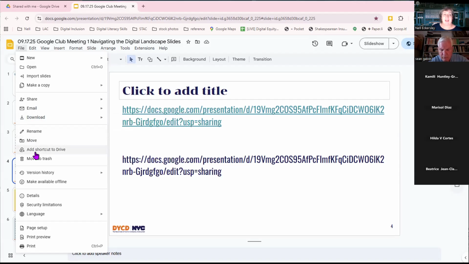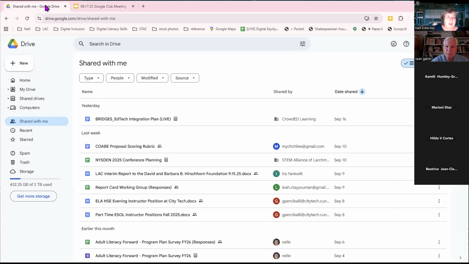My favorite way is to add a shortcut. With making a copy and downloading, basically we're making a second version of my slides. What a shortcut does is it just gives you all a little shortcut into my slides. There's only one set of slides, and you now have a shortcut to that. And what's great about shortcuts is you can have many shortcuts to things. So in this example, if I go to my Google Drive,